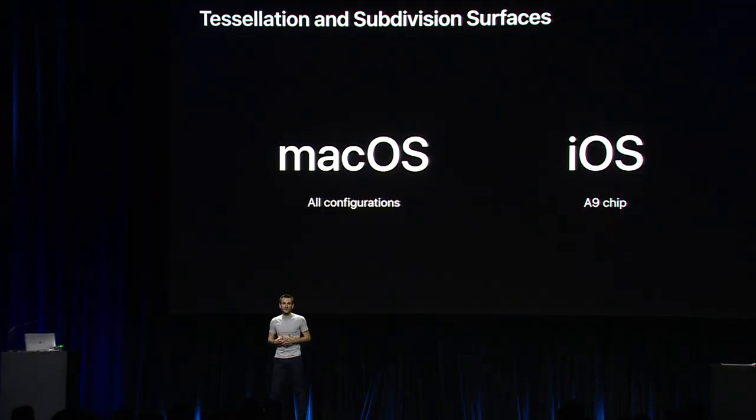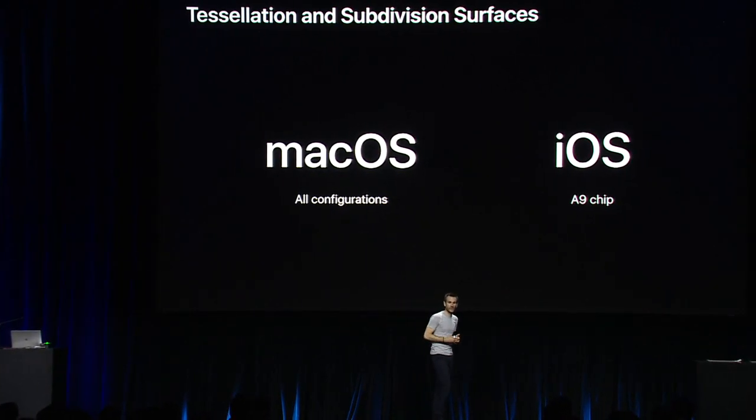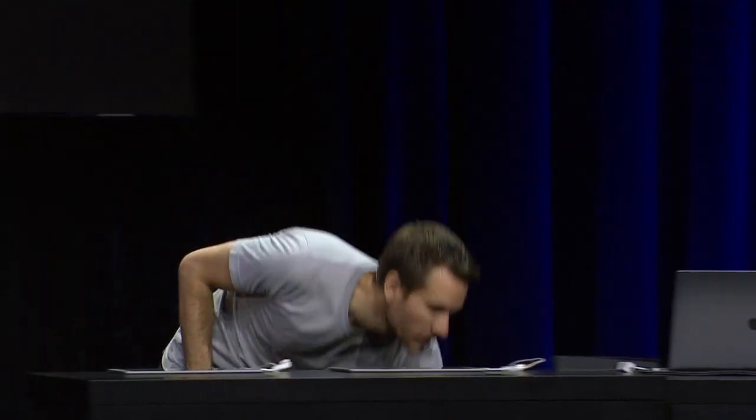Thank you. So as a wrap-up, tessellation and features relying on tessellation are available with Metal on all Macs and available on iOS devices with the A9 chip or later, so that includes iPhone 6s and all of the iPad Pro models. Now let's have a look at something completely different, our enhancements to animation APIs.